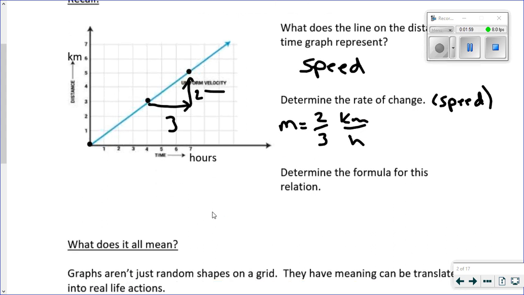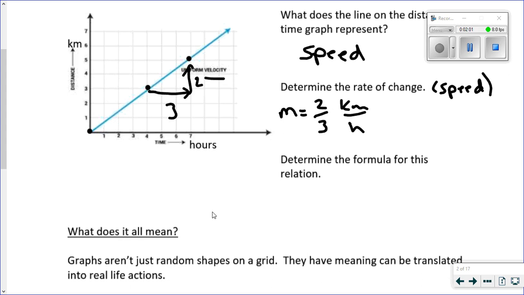Determine the formula for this relation. Since we're looking at distance, and we know that our rate of change is 2/3, so it goes in for m. What we don't know is how long we're traveling for. Now, whenever we're making up an equation, we have to remember to define our variables. So d is for distance,